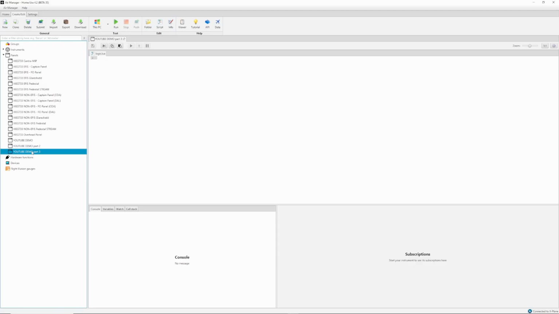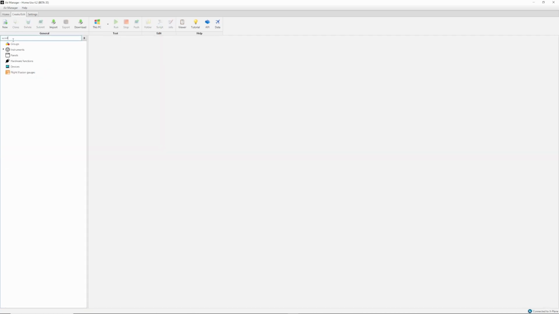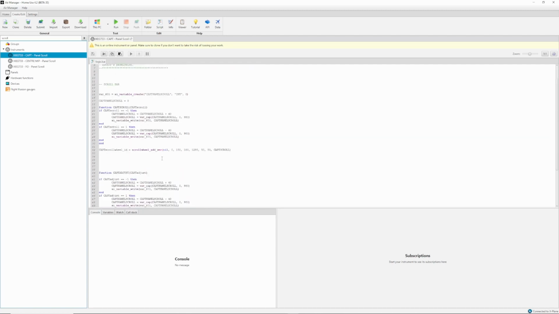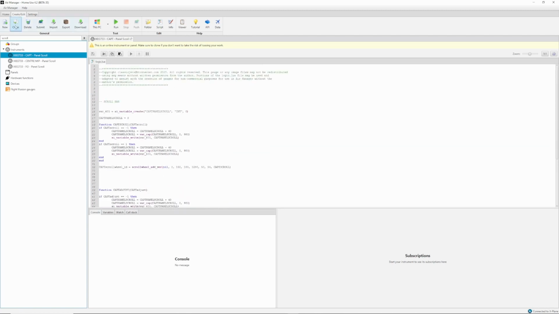On to panel scrolling. How do I do it? Well, it's a 2-part process. I have an element of panel scripting, but I also have an instrument that contains the controls for scrolling or moving the panels. In my case, they're all named scroll, just an obvious way to name them. Captain Panel Scroll is the instrument that I use for captain side. Again, let me clone that,